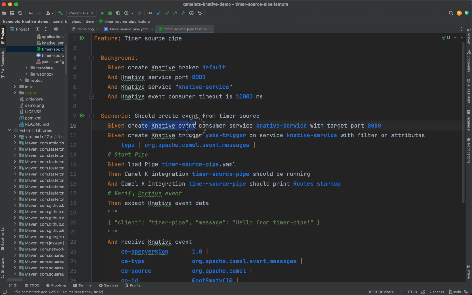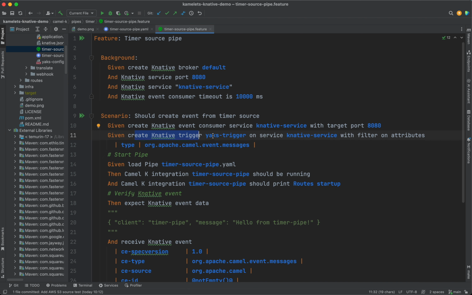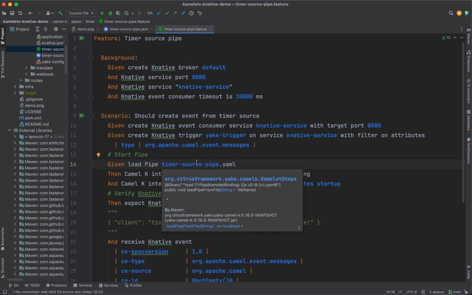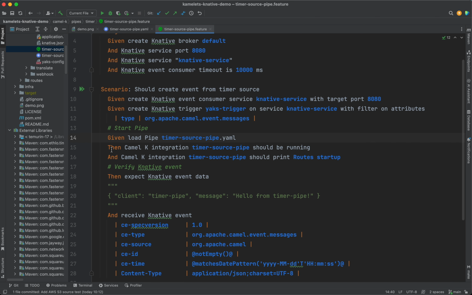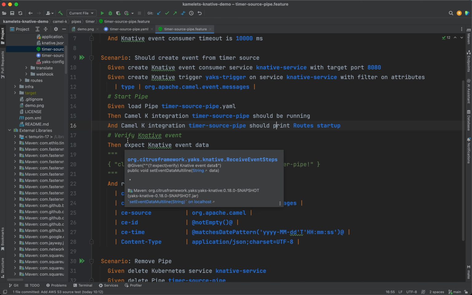So I create this Knative service with a target port, and I create a trigger on the broker so that when there's an event happening, the test is also able to receive this event as a service with this trigger. Then I'm loading the Camel K pipe, which is the timer source pipe that we have seen before. The test waits for the pipe to actually start up so that it is in state running. It waits for the routes to start up,